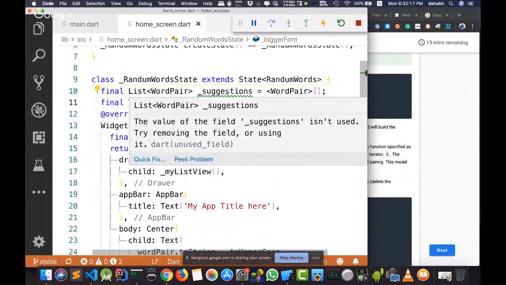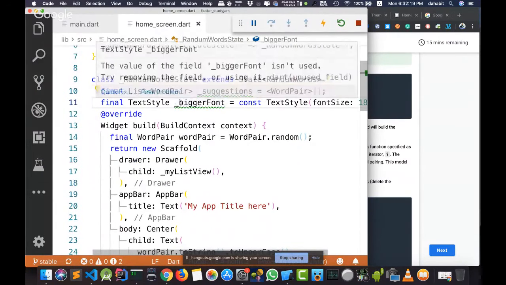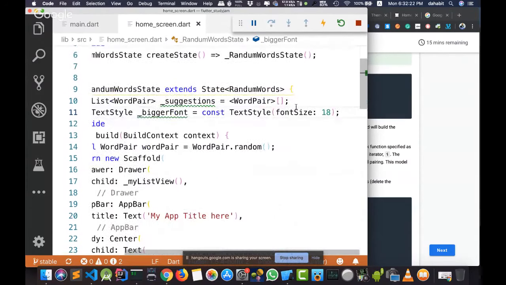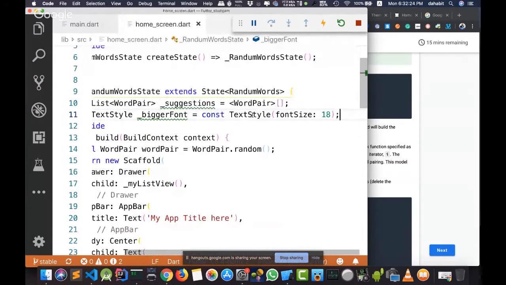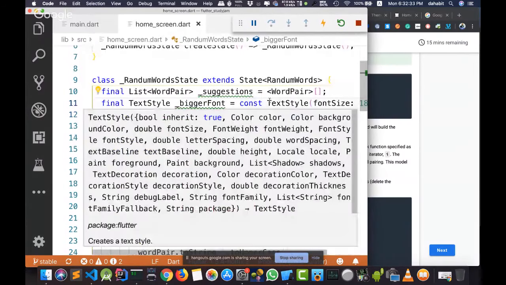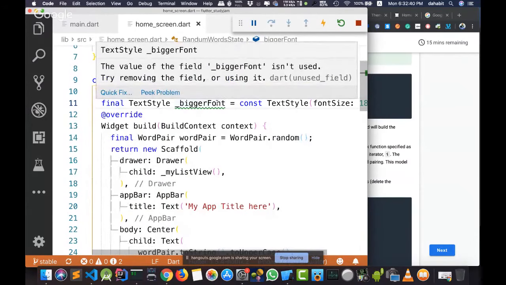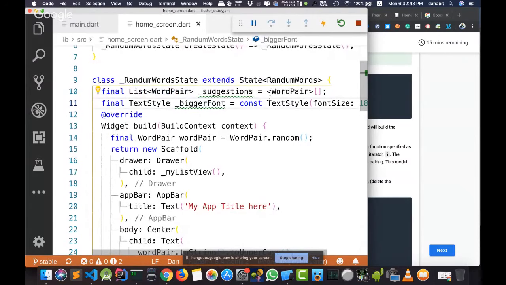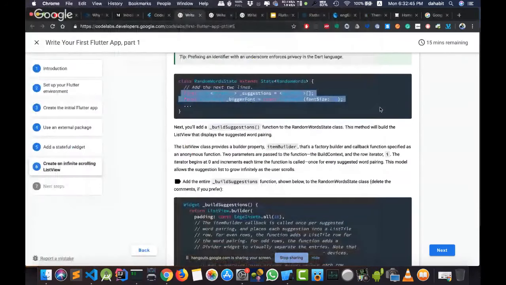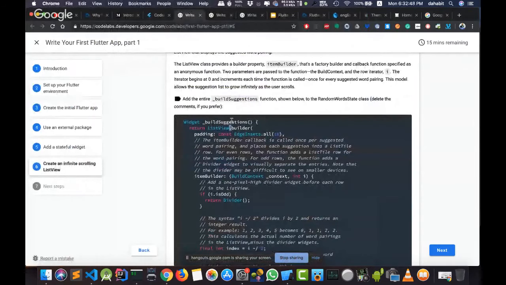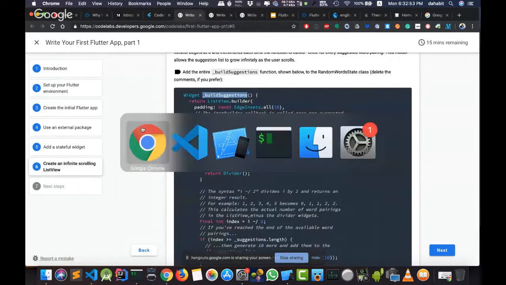And as you can see here, we are defining a variable. Its type is text style, and it's constant because it will not change, and it holds a text style widget, and we are only defining the font size to be 18. And here the editor is complaining about these 2 variables because I didn't use them, but we will use them now. And here we are defining a new private method inside our random words class,